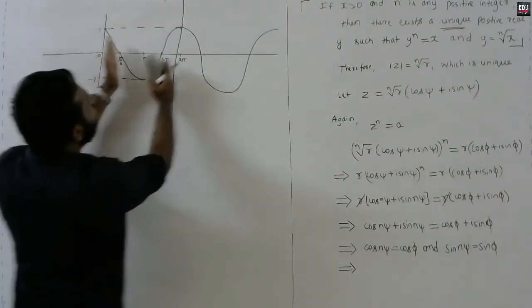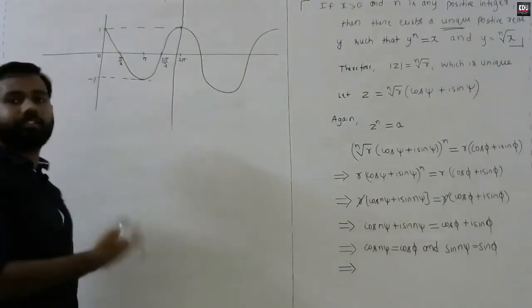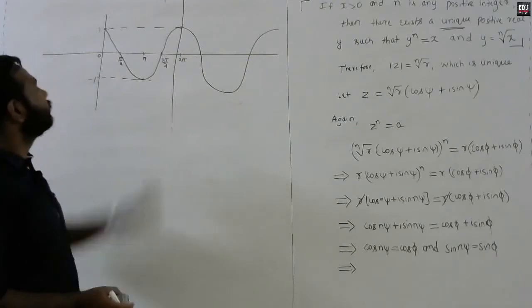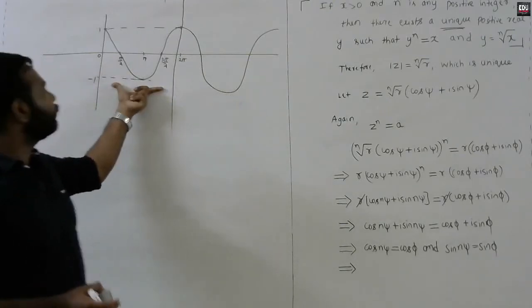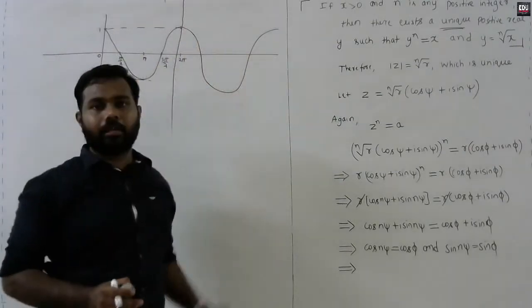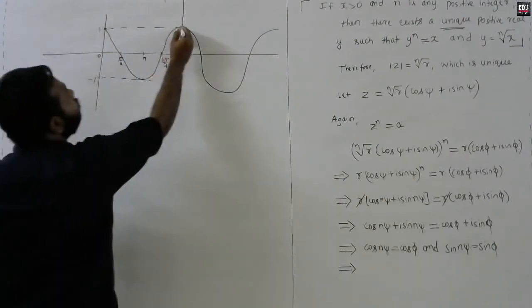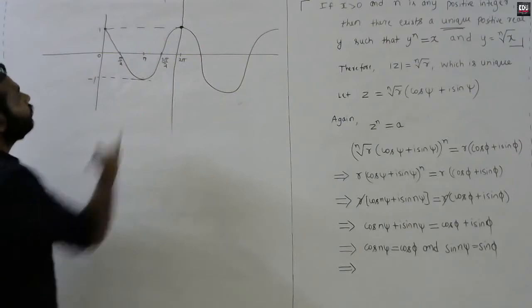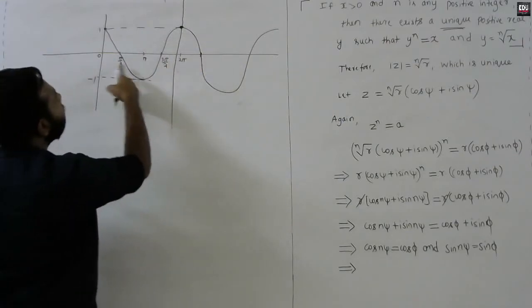So this graph is symmetric to this. So cos values go on repeating, based on cycles. So this is one cycle. After one cycle, the same values repeat once again. You can observe, cos 0 is 1, cos 2 pi is also 1. So this is 2 pi. So next will be pi by 2, 3 pi by 2.